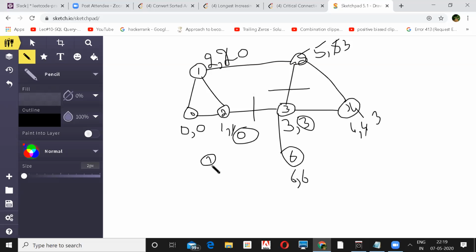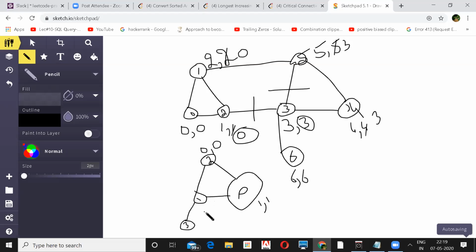This is the same case you'll get in this one. If you see, this is 2 and this is 0, this is 1, and these two are connected, and again here I have some node like 3, let's say. If you start from here, you'll have 0. Its reaching time, the nearest node as of now, will be itself because no other nodes have been explored. Then this is the first node I'm visiting, so its reaching time will be this itself. You'll go to this 2, and its reaching time will again be 2.